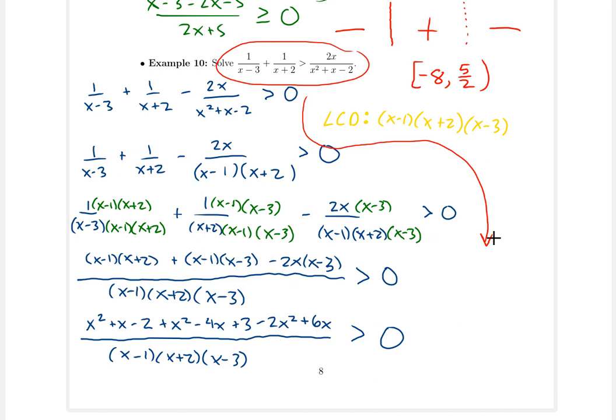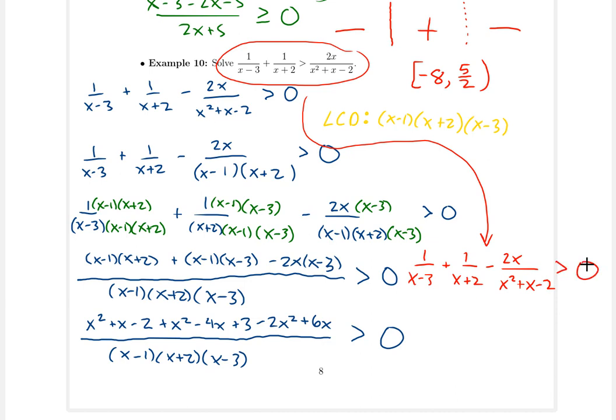Remember, if we go ahead and put everything on one side, x minus 3, 1 over x plus 2, and then move this over to the left side, minus 2x over x squared plus x minus 2, that should be greater